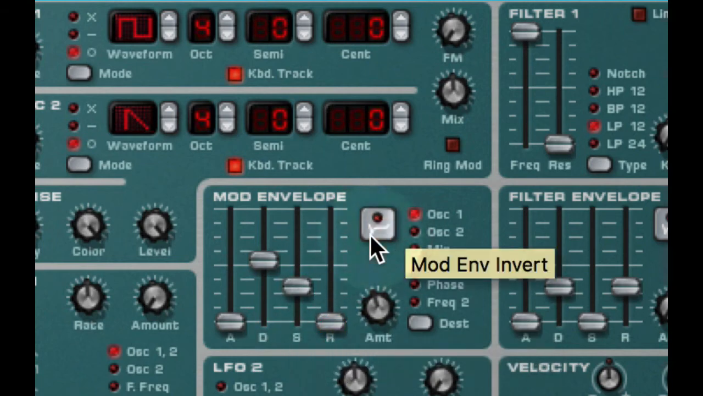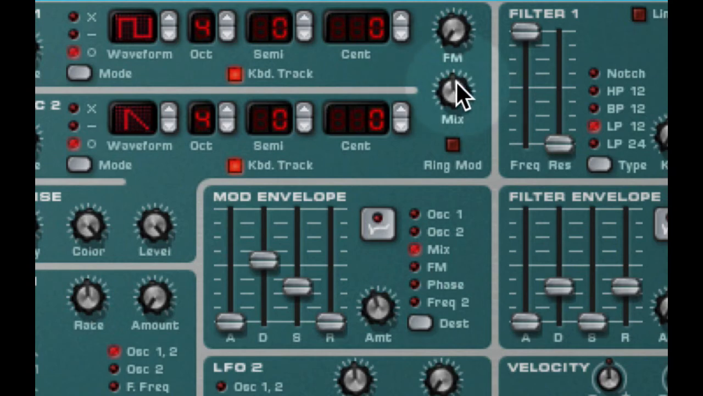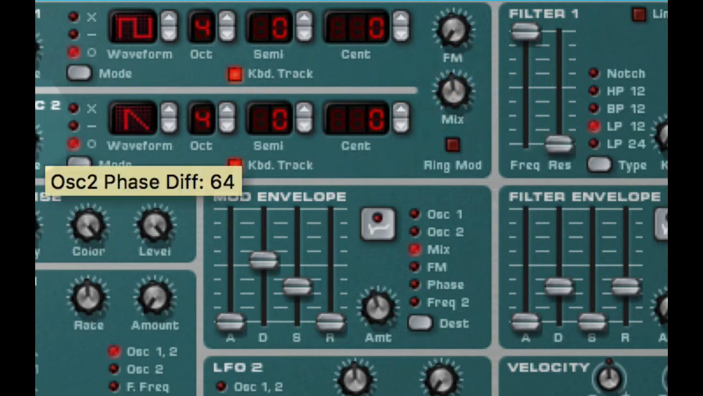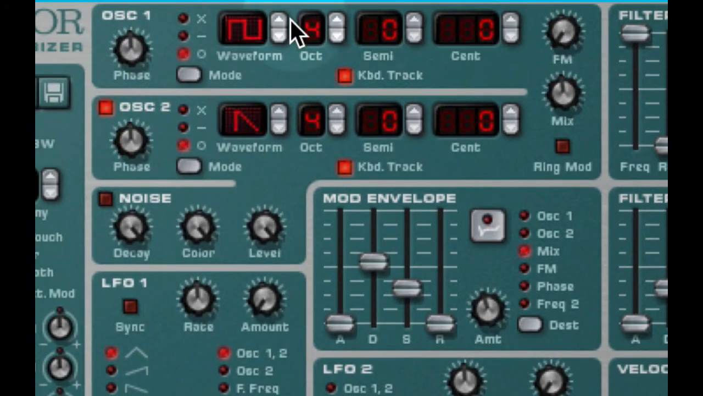Okay. All right, let's go ahead and put those kind of back to where they were. There. Disengage the invert button, and let's go down to mix. Okay, what we're doing is controlling the mix here. So let's get two distinctly different waveforms going. Let's get the triangle here,